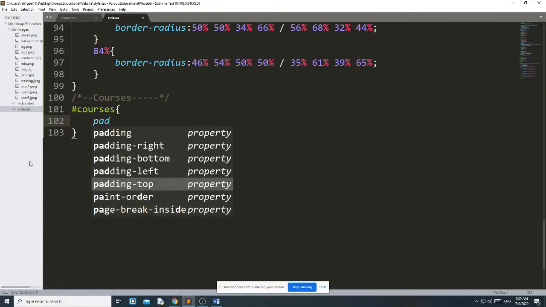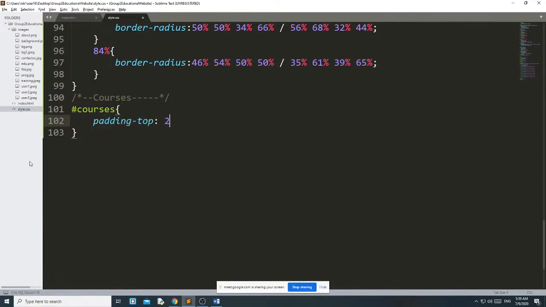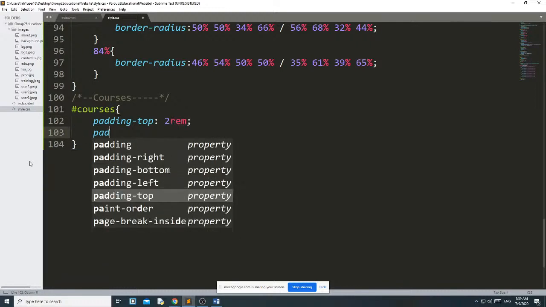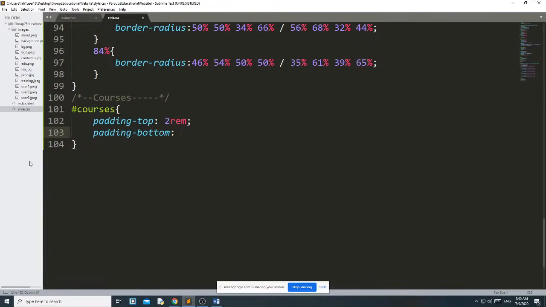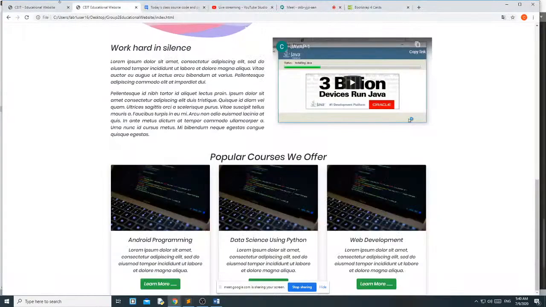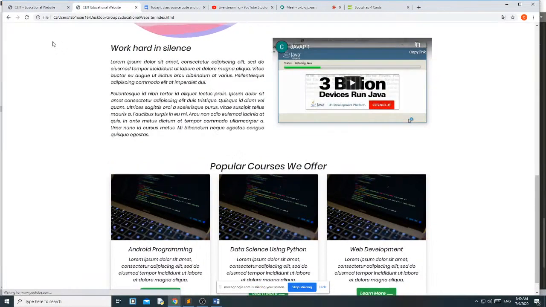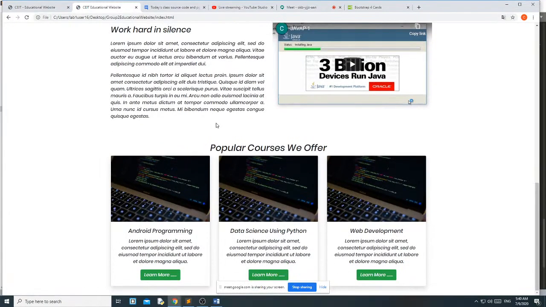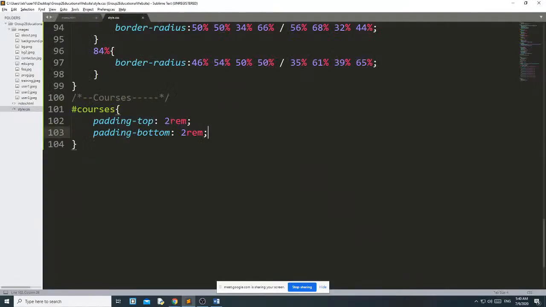The padding top, again I am using 2rem, which is equal to 32 pixels, and padding bottom equal to 2rem. Now you can see that. Okay, it gets 2rem padding from top and 2rem padding from bottom.